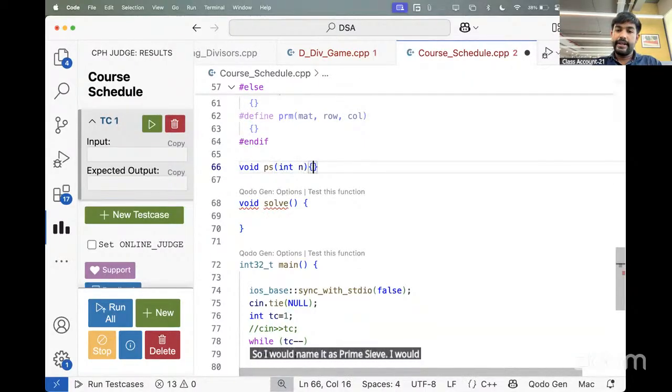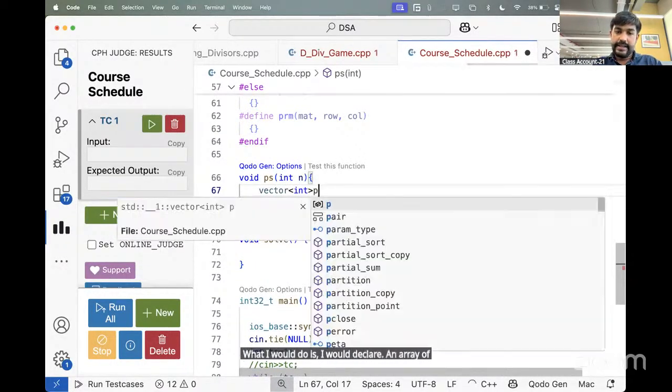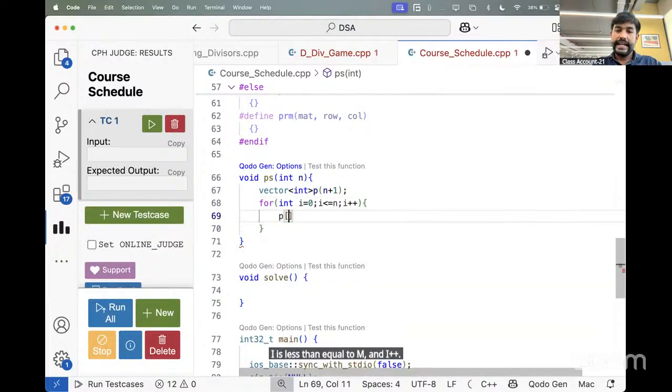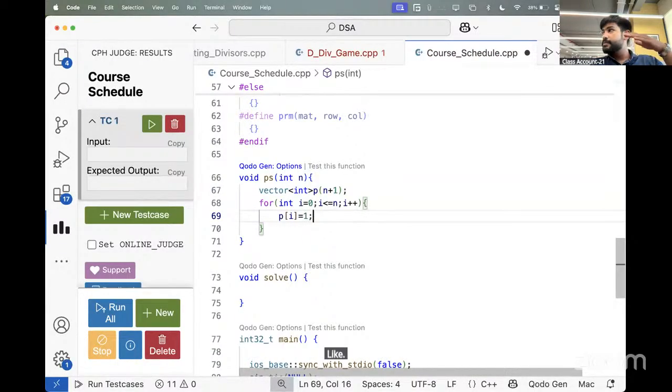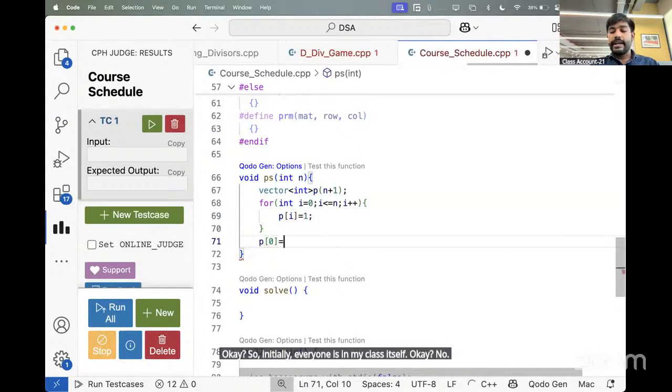I would take the value n. I would declare an array of size n plus 1, and then make all the values as in my class. For int i equals 0, i less than or equal to n, i plus plus, I would mark p of i, like everyone is in my class. Initially everyone is in my class itself. Now 0 and 1 we are marking explicitly,